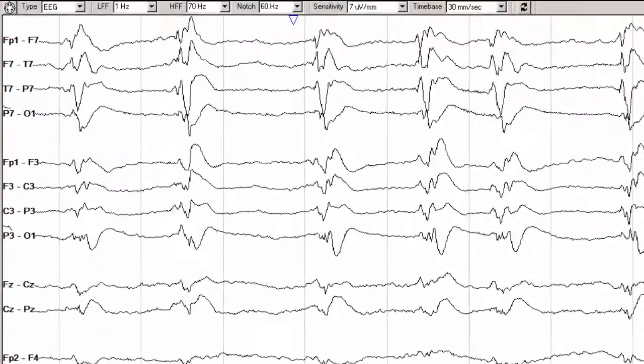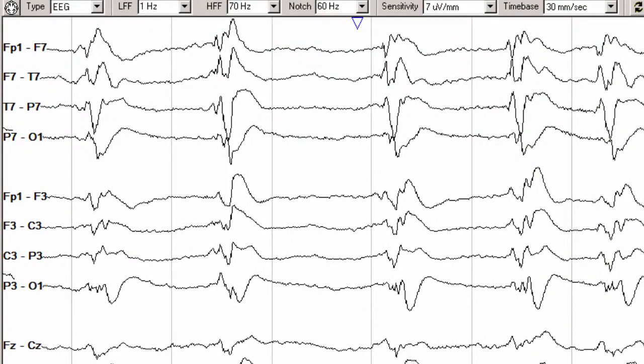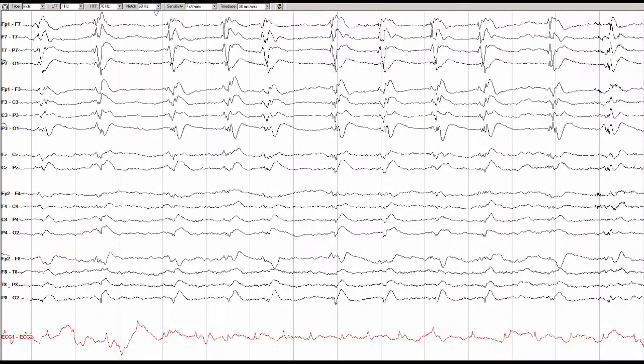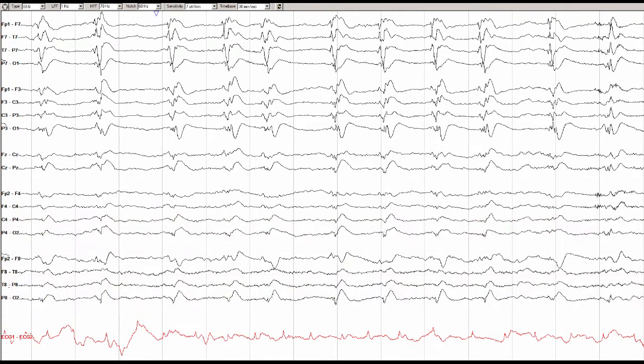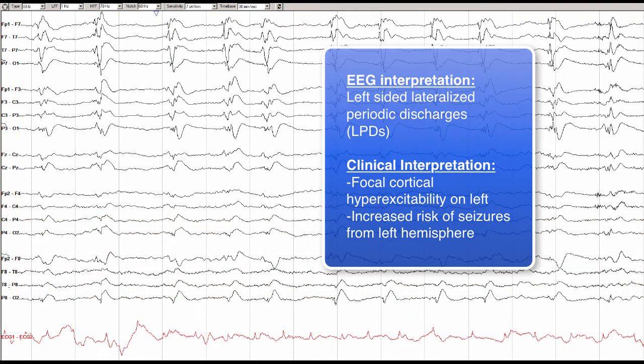On the left side, there are sharply contoured, complex, high-voltage discharges occurring approximately every second or two in a very periodic or regular pattern. To some extent, these discharges have a broad field that extends into the right hemisphere, but they are clearly maximal on the left. Lateralized periodic discharges indicate significant focal cortical hyperexcitability on the side or in the location of their maximal activity, and